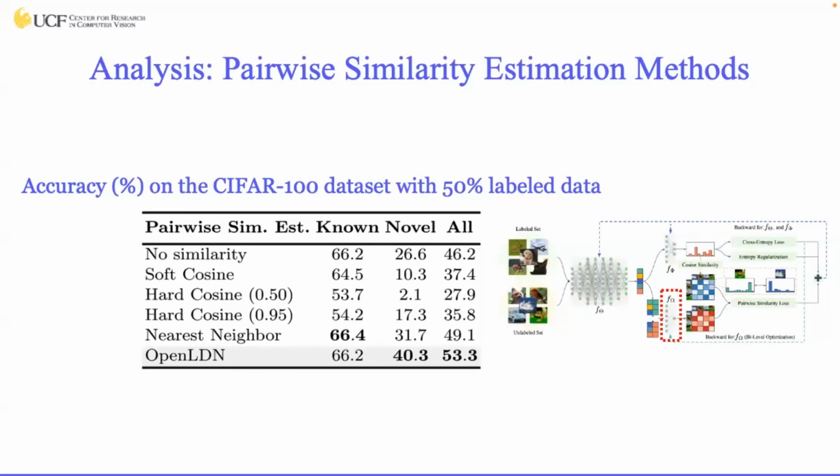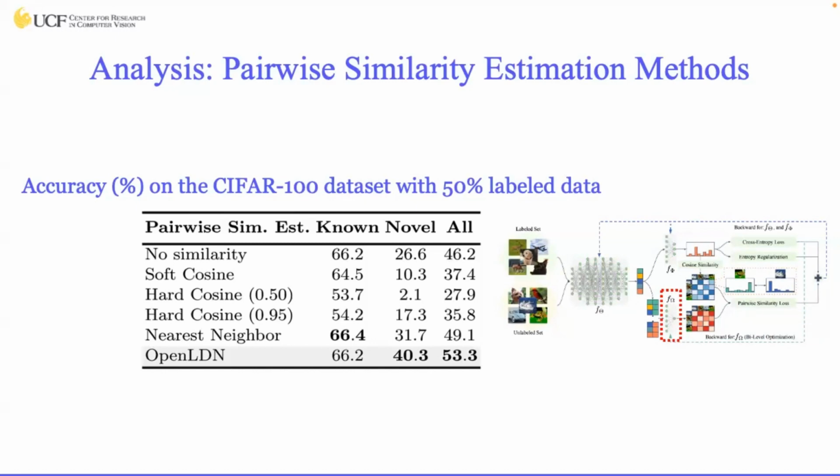And this second last row is the nearest neighbor. So basically, this is from the state of the art, where we try to mine the nearest neighbor from the mini batch and treat that as the similar pair. And we see that even when we do a one-to-one comparison with that solution, our proposed method has significant improvement on